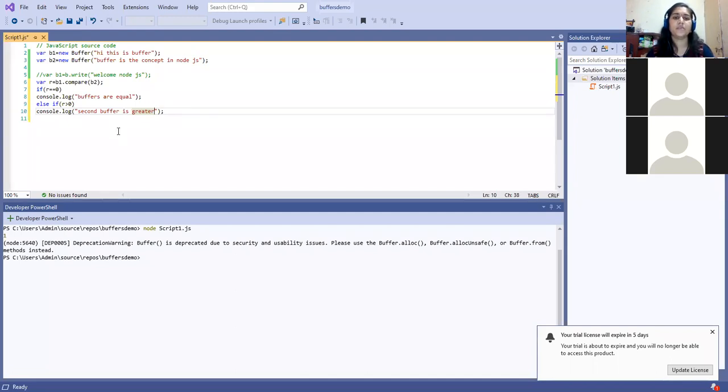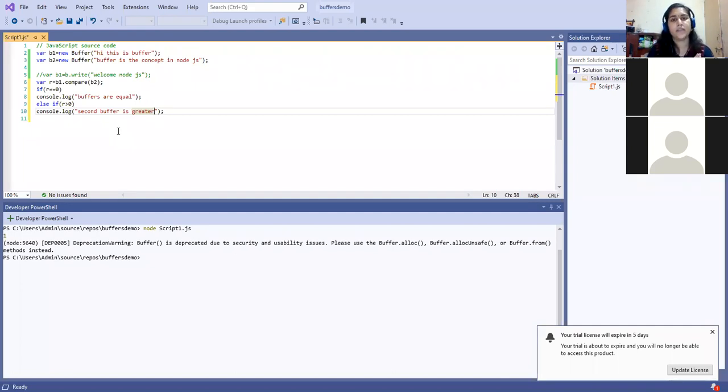The string comparison will work like this. First, if two strings are equal, it will return 0. If the second string is greater, it will return me 1. If the first string is greater than the second, it will return me -1. Okay, the comparison will be according to the first string. Means if the first is smaller, it will return -1, less.